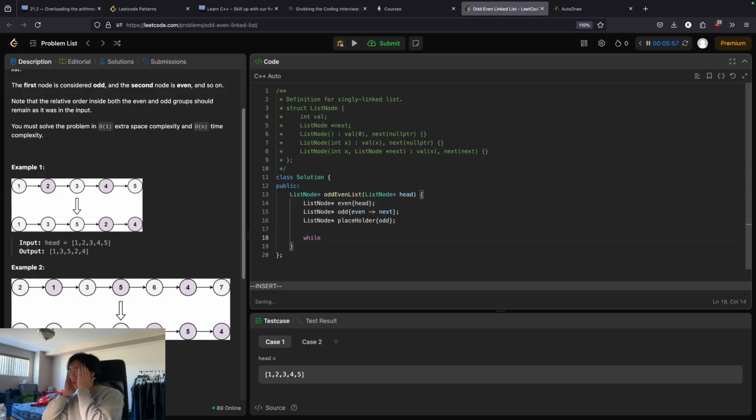And then what we need to be wary of is, so while what? Say we're here and our next pointer is null. So if our even pointer is null, let's say it cuts off here, then we can't read next. So then while even.next is not equal to null pointer, and